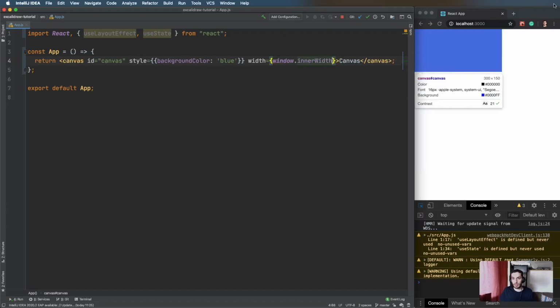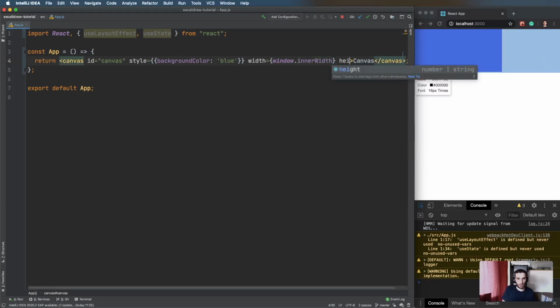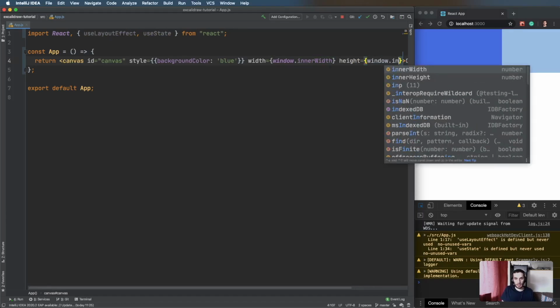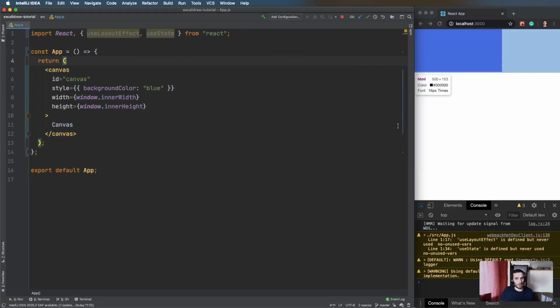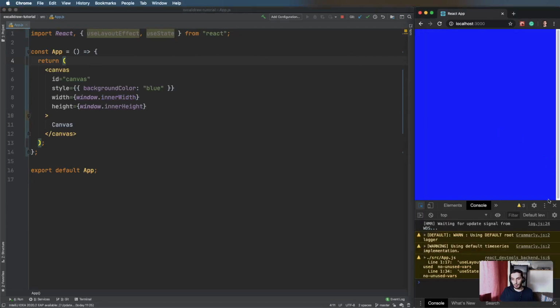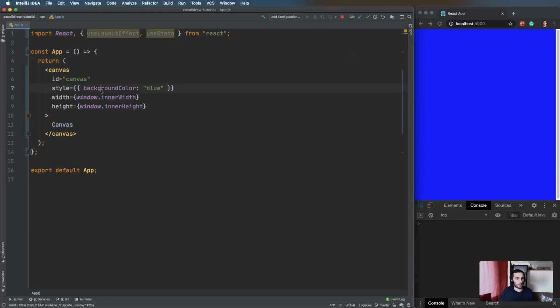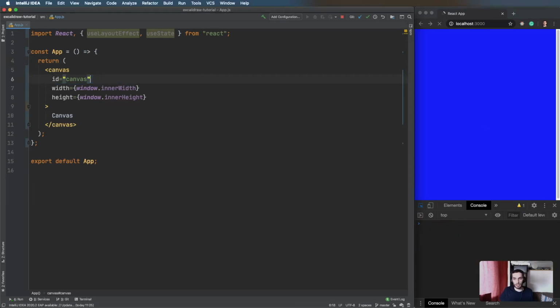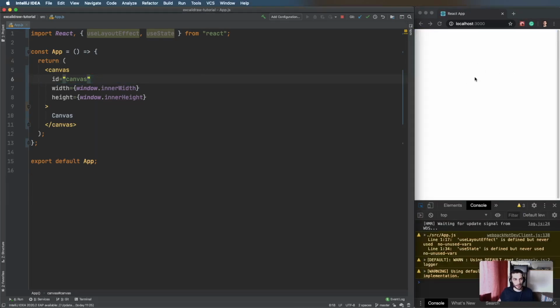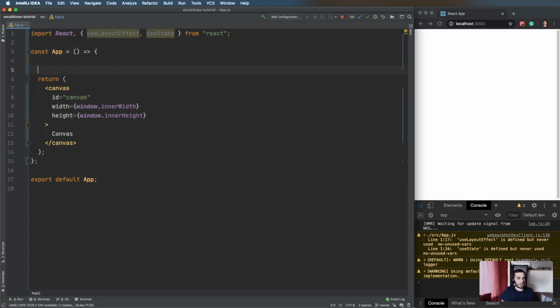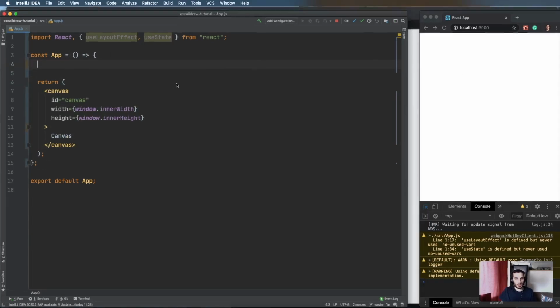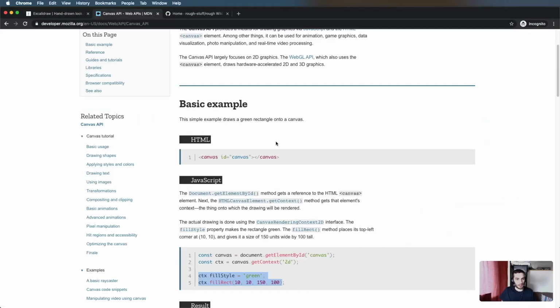So outer width would give us the full browser, inner width gives us just the window we see. So height, exactly the same thing, dot inner height. Let's do that, and there we go. So that's the full thing there. And then we can just take away the color, so we can just assume that it's all there. Perfect. So we've got the canvas started, and let's just take the example from, I guess, MDN's website, just so